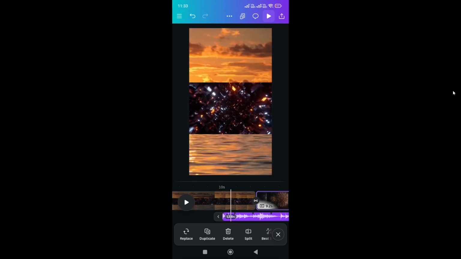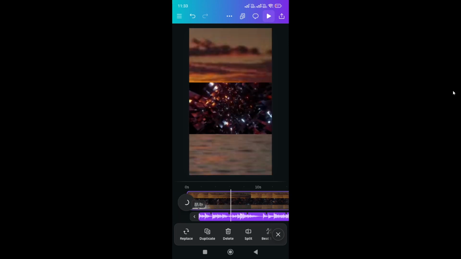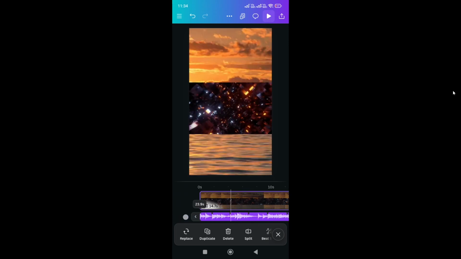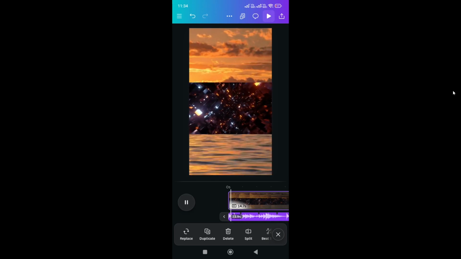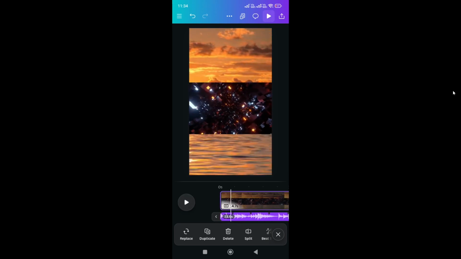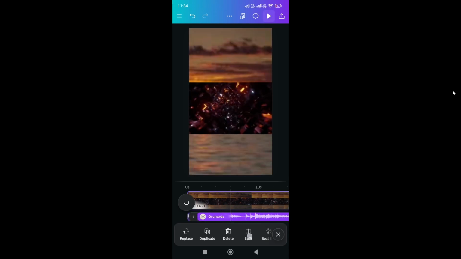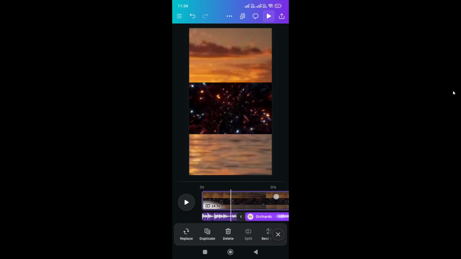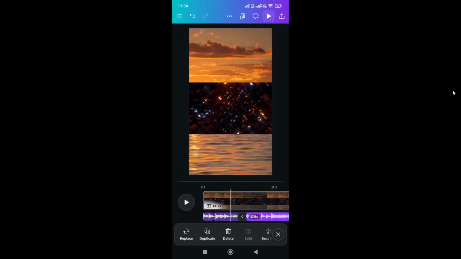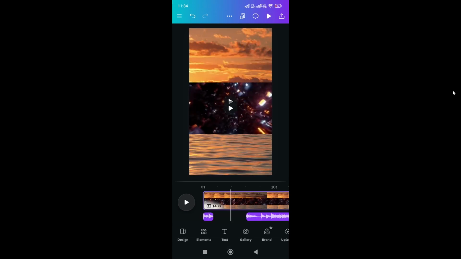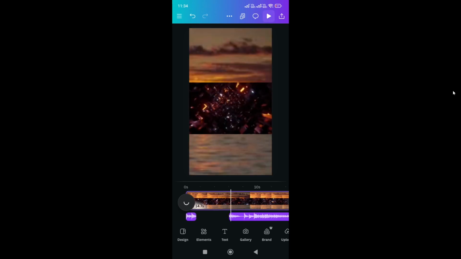Now if you want to increase its length, just increase it like this. And if you want to split it, just click on this split option like this. And if you want to delete a particular part, just click on the audio and just click on delete. And as you can see,